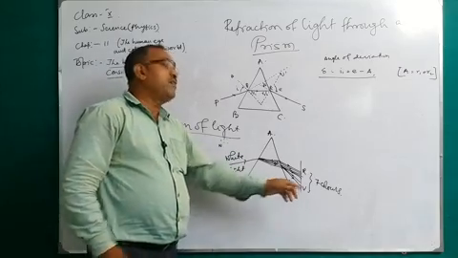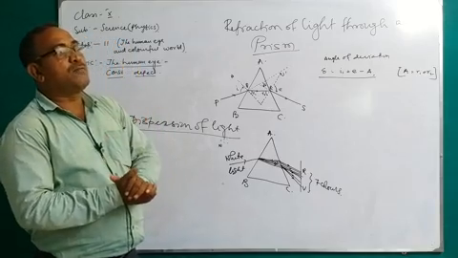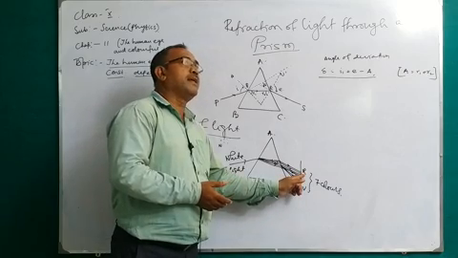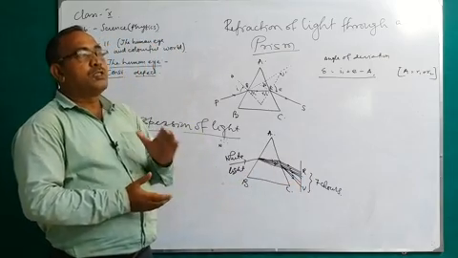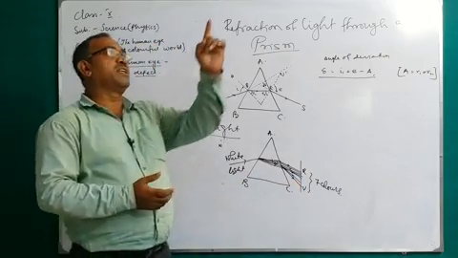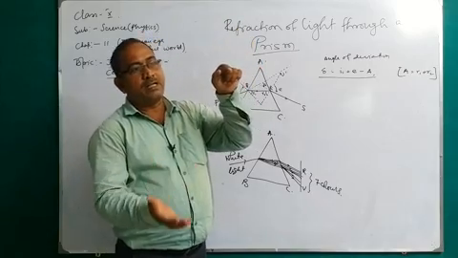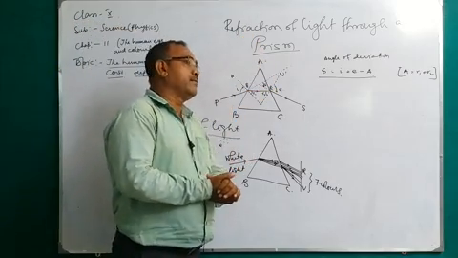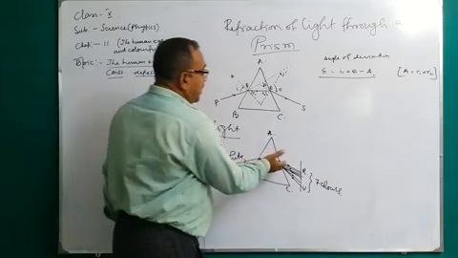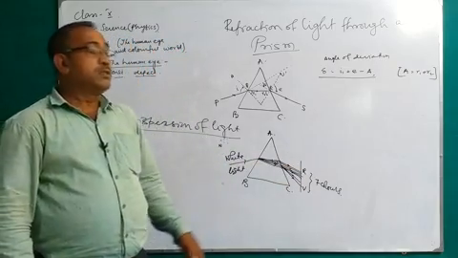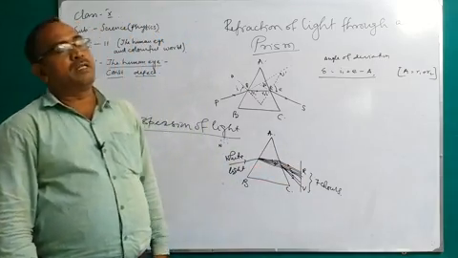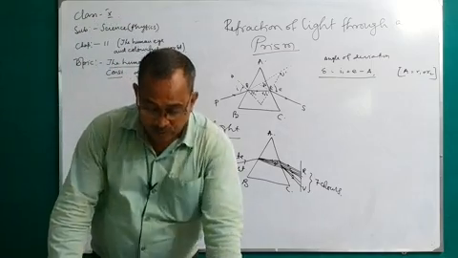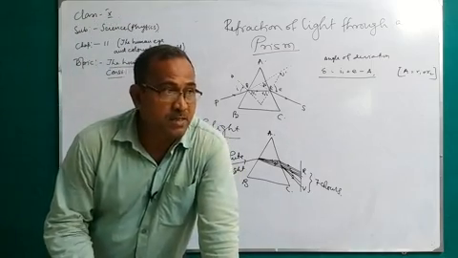So violet color has a shorter wavelength than red color. So the deviation is less for red color than violet color. So the spectrum starts from the red color, not the violet color. Violet color is at the bottom position and red color is at the top due to the difference of their wavelength. Am I clear? So when the wavelength is more, the deviation is less; when the wavelength is less, the deviation is more. So this is the dispersion of light.